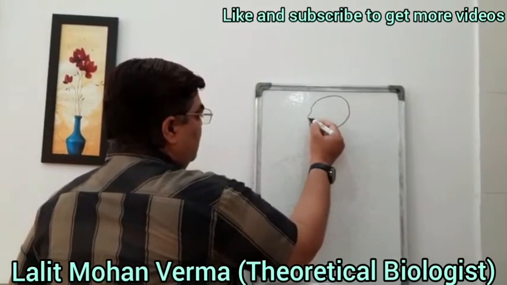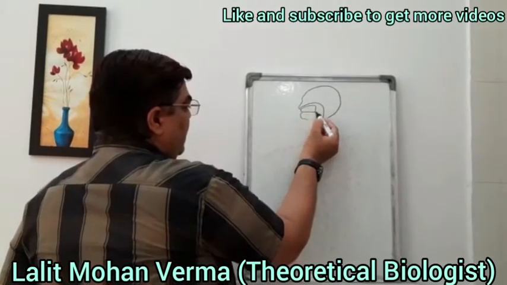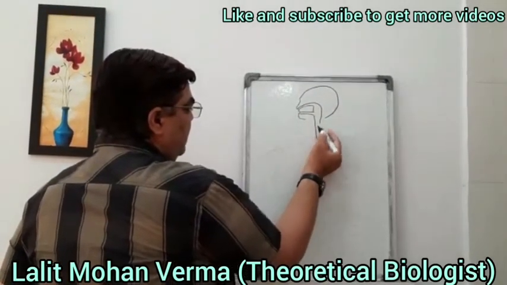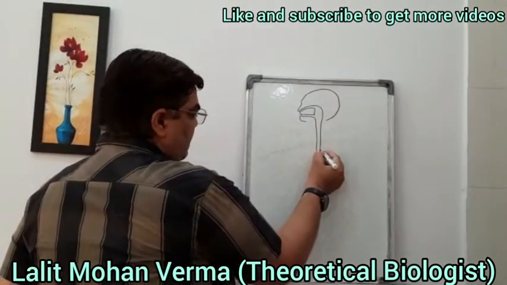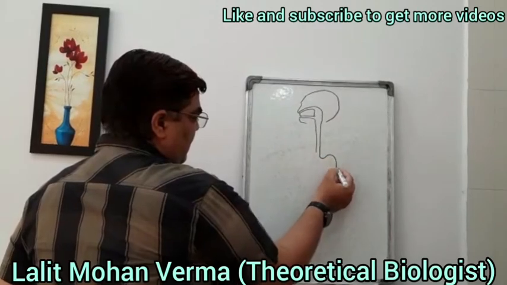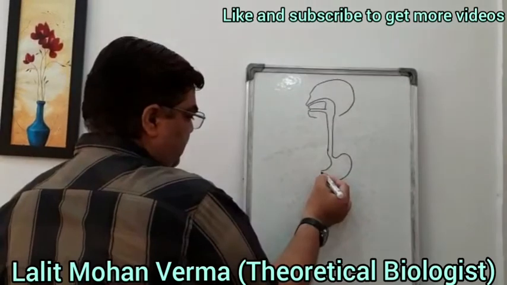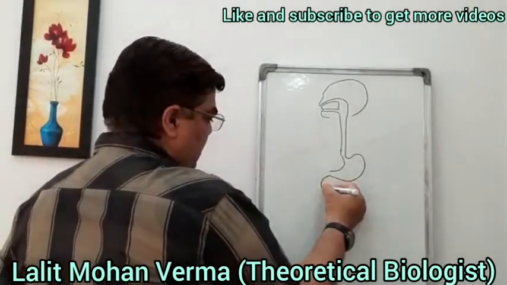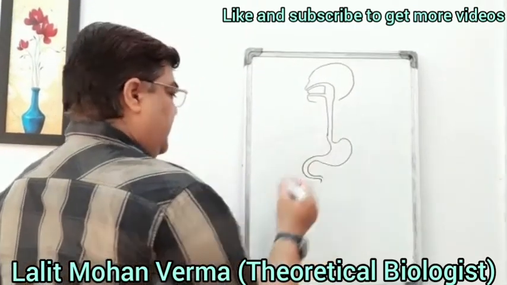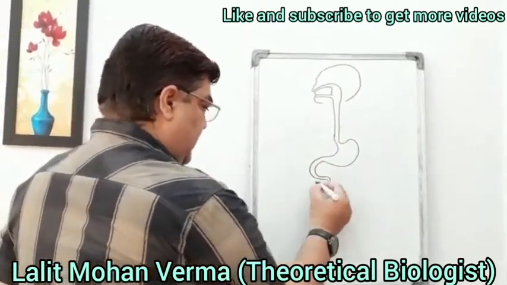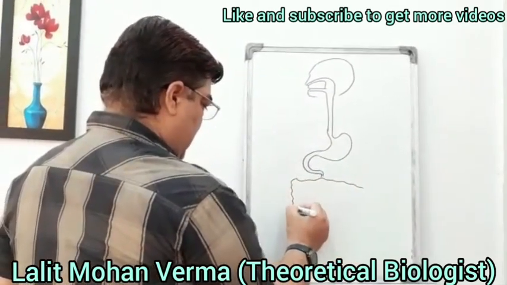You can do it like that. This is the nasal cavity, and this one is the buccal cavity. This is the esophagus, and here just a curvy stomach, J shape, and now one more curve, that is for the duodenum, like this. Here the transverse colon of the alimentary canal.